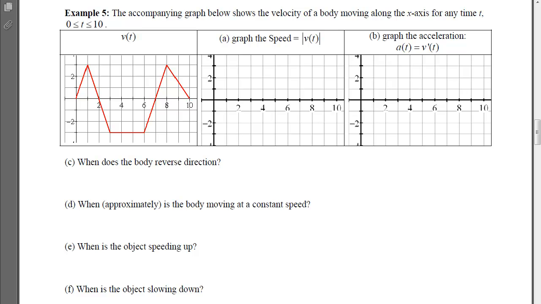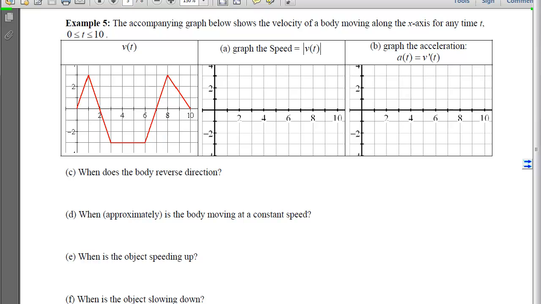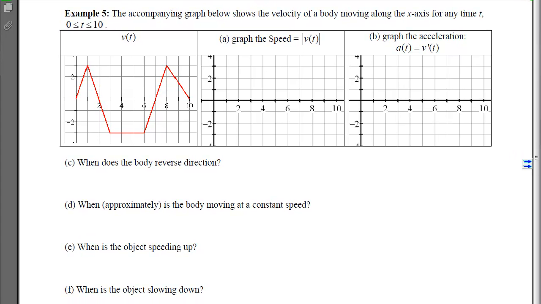With example 5, we are given information graphically. So we've got a picture of the velocity, and it shows the body that's moving along the x-axis for any time t. So the first thing we want to do is graph the speed. And the speed, if you recall, strips the velocity of its direction. So it's the absolute value of our picture. So graphically, that's going to take anything that's underneath and pop it to the top. So we'll have this picture,